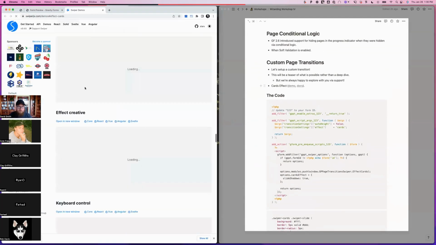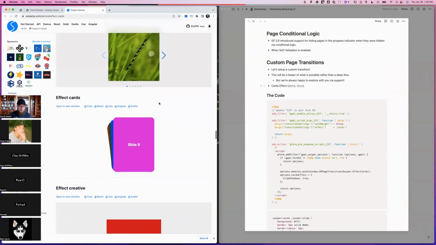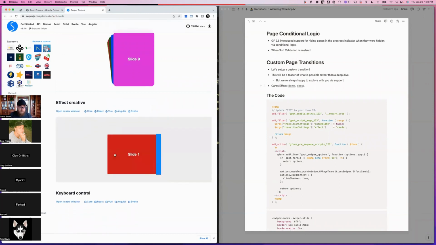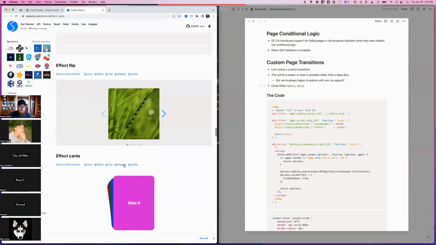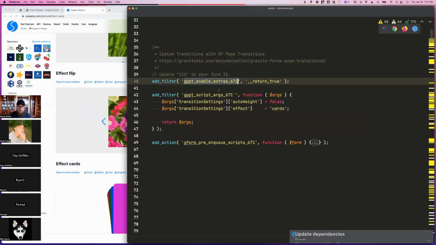let's take a quick look, for example, at the cards. So this is the cards transition. You can see I'm doing this with my mouse, but you can trigger that effect with other actions, such as clicking the next button. Here's another example where you can slide the page in like this and the other page goes in the back. I think there's one up here. There's a flip effect. So you could flip your form pages like this. So all of these are possible with just a little bit of code, and again, enabling this extras,